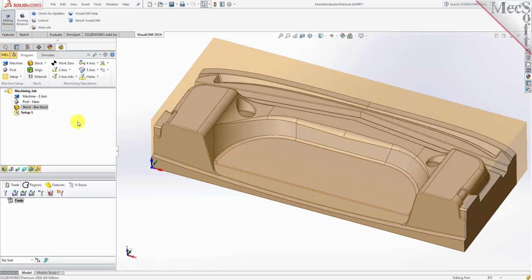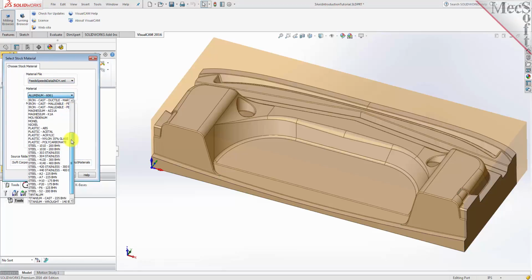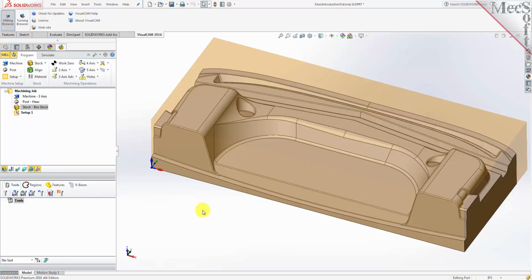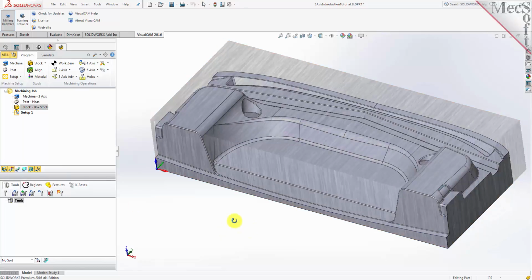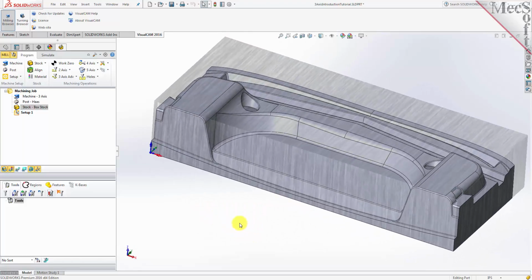From the Program tab, select Material to display the dialog. For material, select Aluminum 6061 from the list of available materials and then pick OK. If the material texture does not display on the stock, select the Material Texture Visibility icon located at the base of the machining browser. Now that the stock is aligned to the part geometry, in this step we will establish